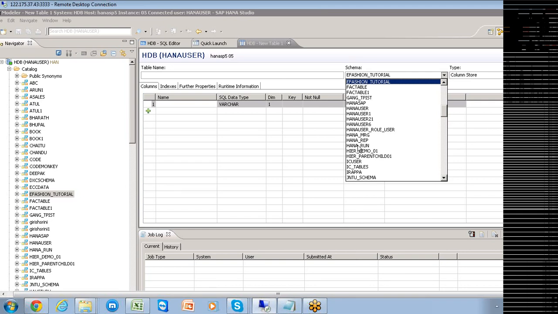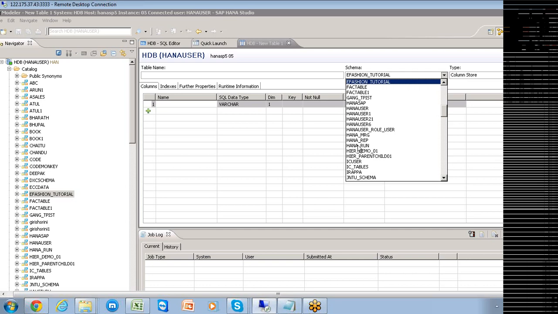And one more thing is that row-based tables may not be directly used for creating the models basically. Only the column-based tables can be used for the purpose of creating the different types of views within your packages. So these are the differences that we need to understand here.